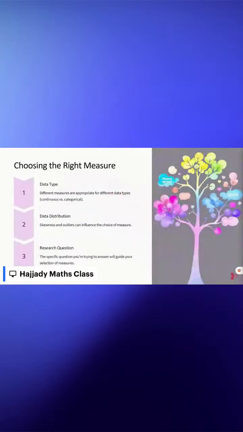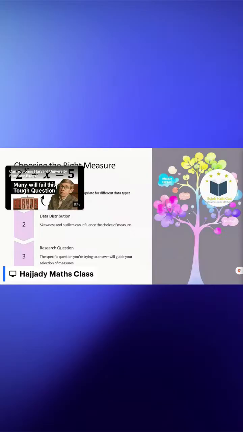And choosing the right measure. For your data type, we have different measures that are appropriate. It can be continuous or categorical. And for the data distribution, skewness and outliers can influence the choice of measure. And lastly,